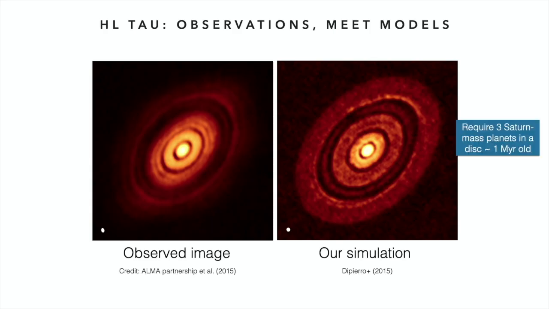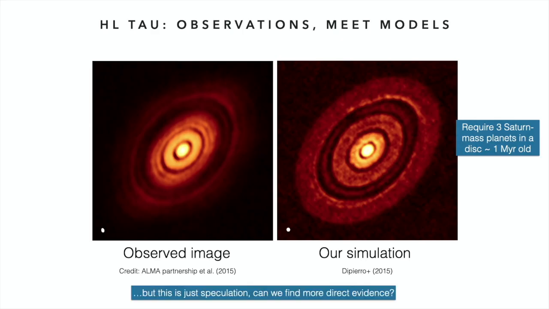And then the implication of this is what you're trying to learn from theory, what sort of things you need to explain these kinds of gaps. And you end up needing quite fully formed giant planets. And of course, that's not how planet formation is meant to work. It's meant to happen later and take 10 million years. And it's not meant to all be cooked at the 1 million year stage. So it's telling us something about planet formation that we haven't finished unpacking yet.